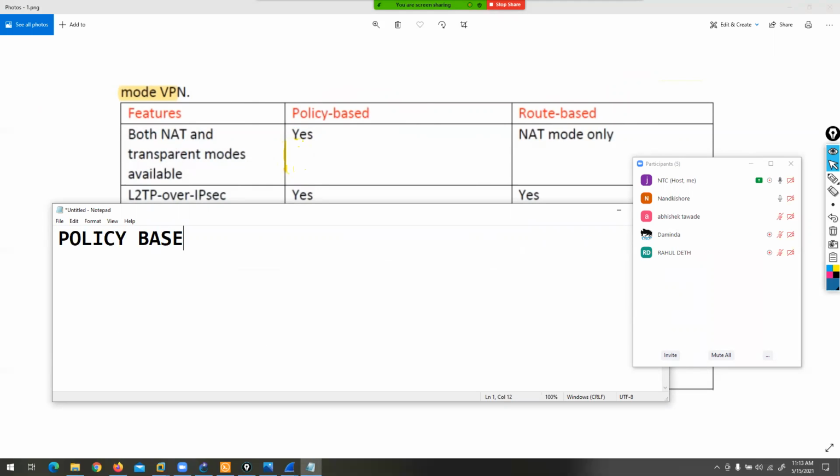After that, we can discuss template-based. Then we have one more option, VPN with NAT-T. Understood, guys? Is that clear, the scenario?